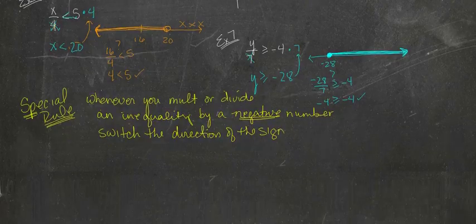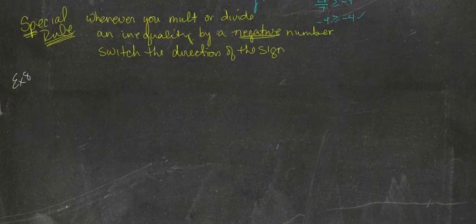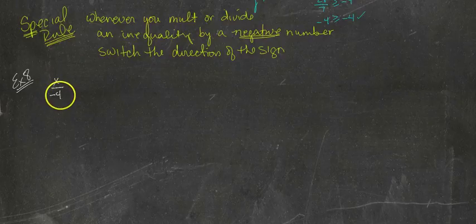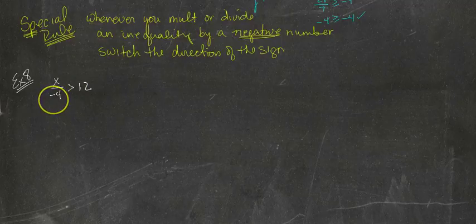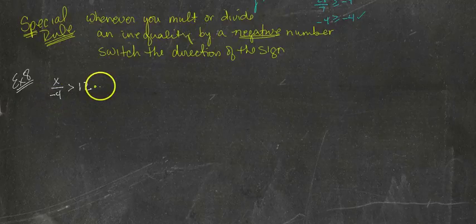So let's do a couple of those examples. I always forget my example when I scroll down. So x divided by negative 4 is greater than 12. So this is an inequality, and I have a negative value. So I might have to switch the sign on this. I won't really know until I get a little bit farther. So I'm going to transpose negative 4